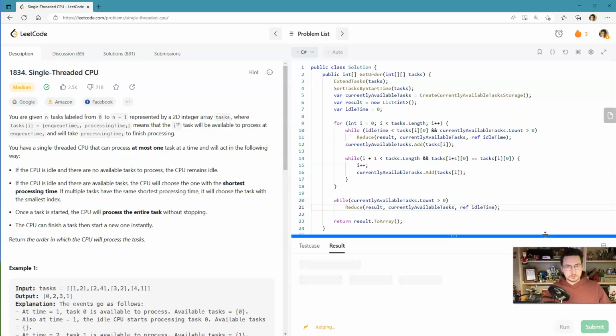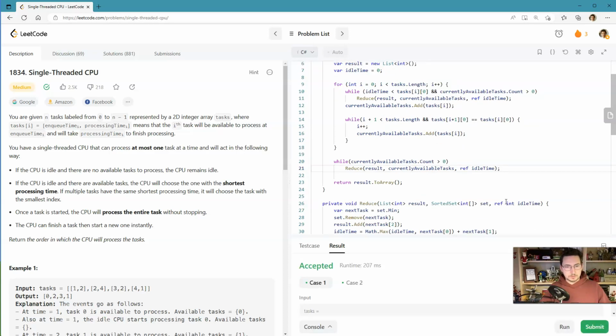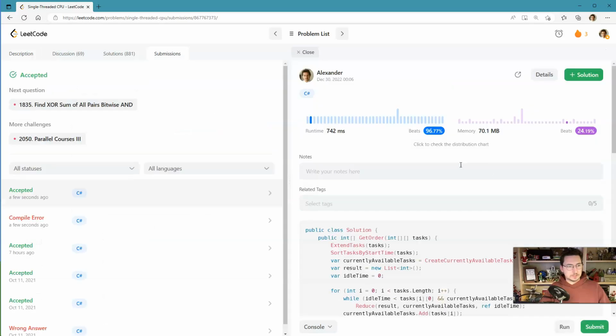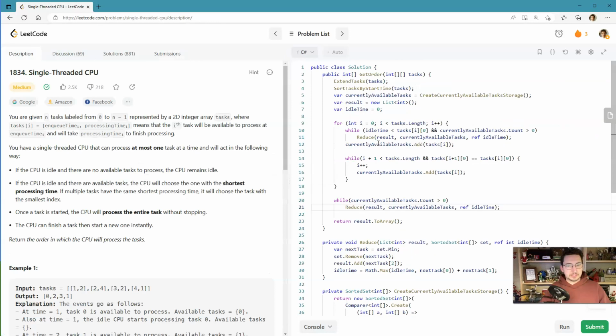Reduce. Okay, both cases work. Let's submit. Done. We beat 97% of all submissions. So the time complexity of our problem is big O of n log n,